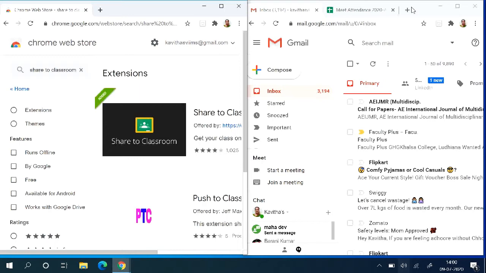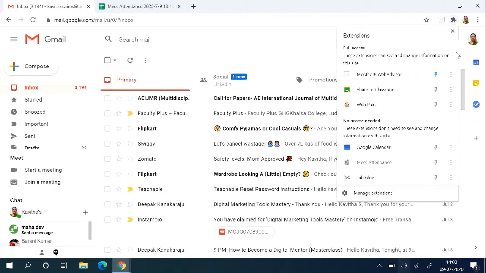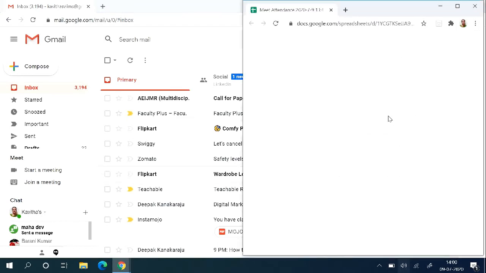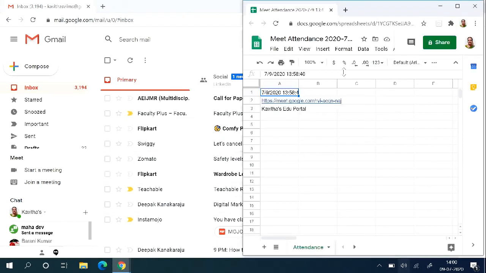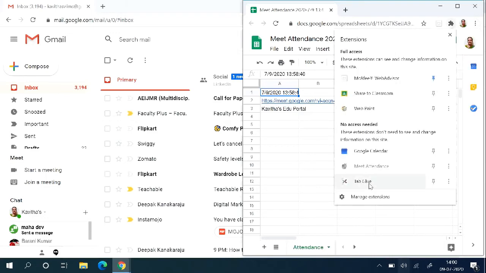So two screens you can see in parallel, and if you want to make any corrections or explain something, mostly when you want to explain some software, this will be the best option. You can have screen splitting by using Tab Clue. So the extension we have used here is the Tab Clue option.